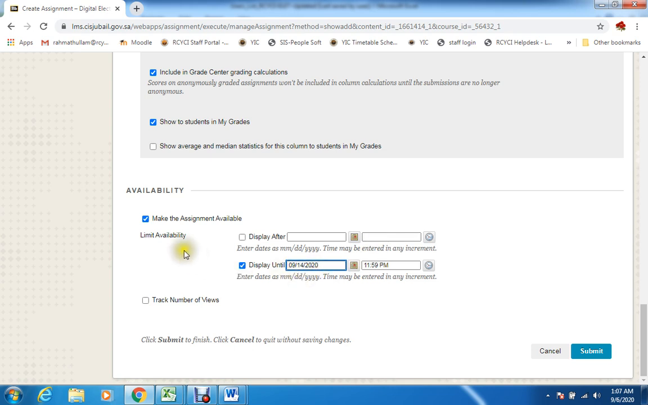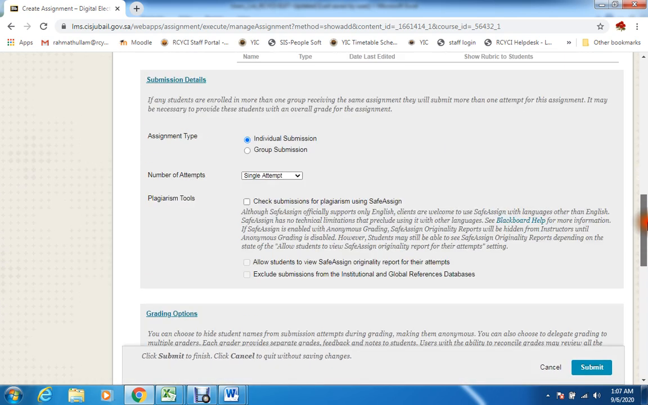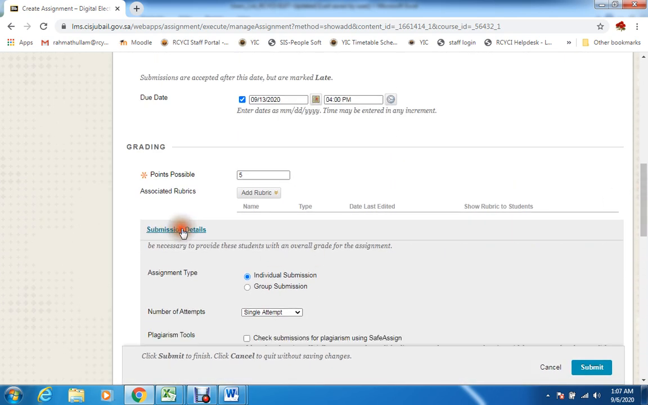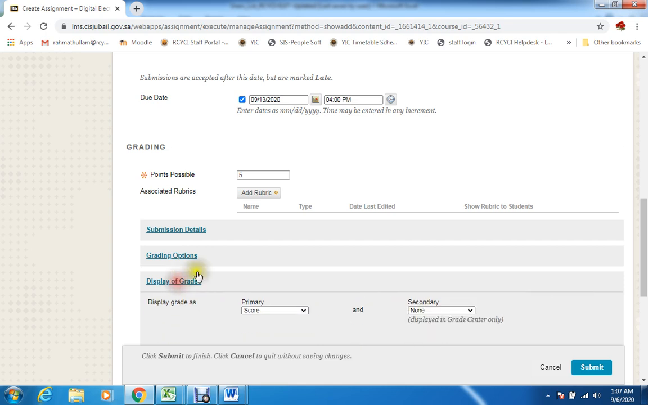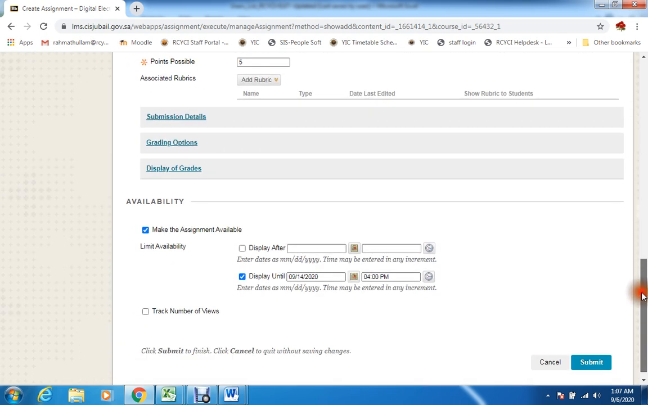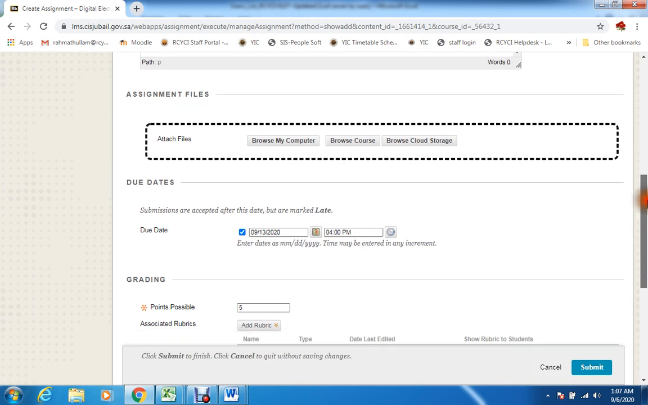This is display until. So after this, the link will be automatically disabled, and the students cannot see the link. Please note this very important thing. What is the difference between this date and this date? This is the deadline for submission of the assignment. If some students want to submit after this, yes, they still can submit it,